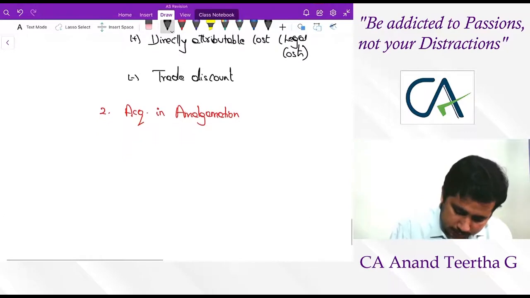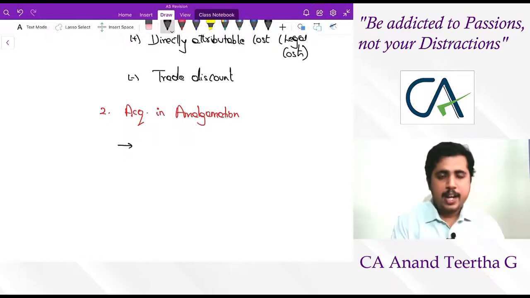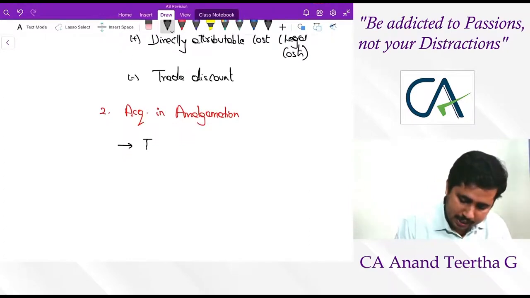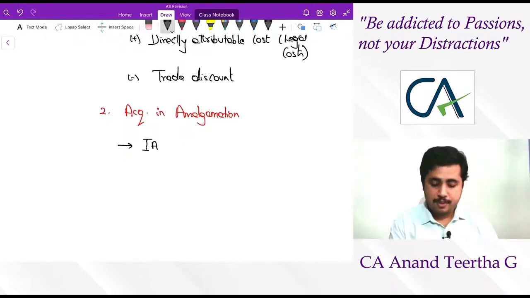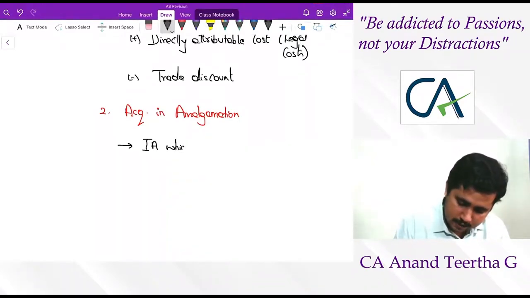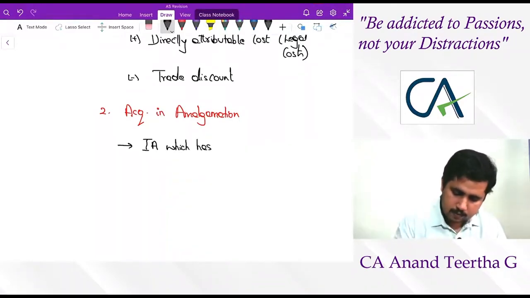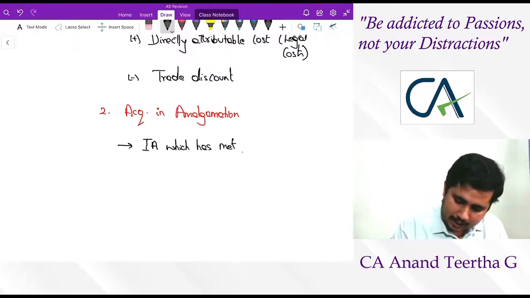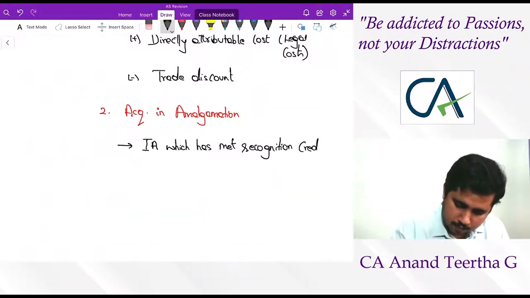Number one, if there is an intangible asset, I'll write it as IA from now on, which has met recognition criteria,